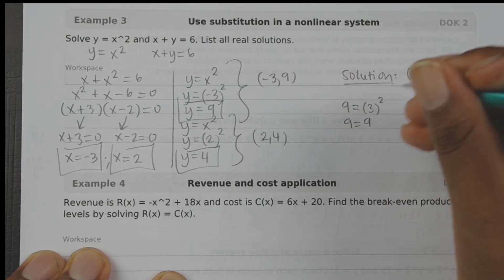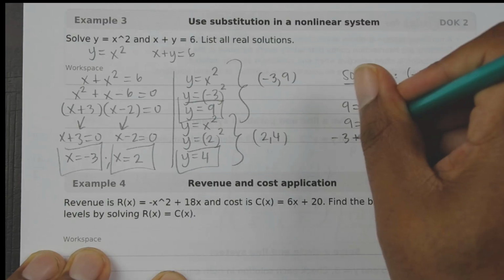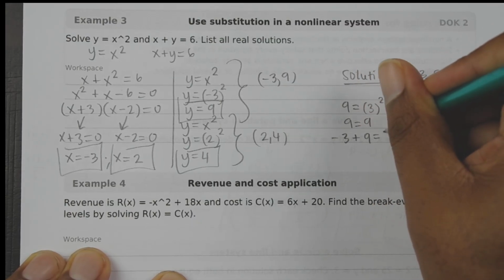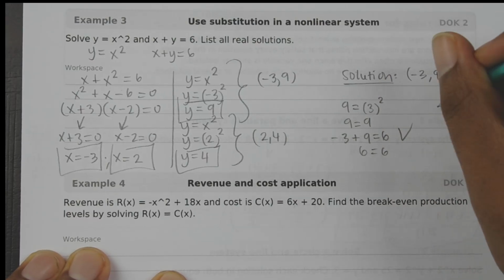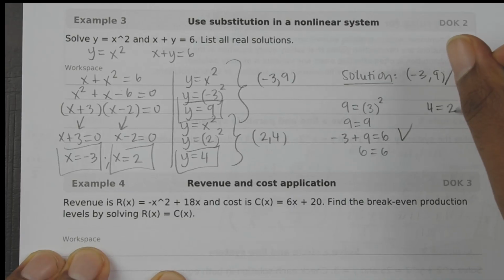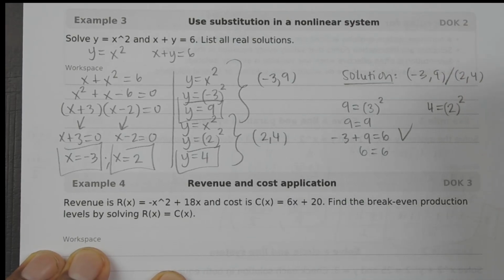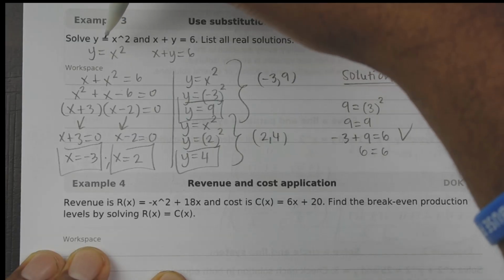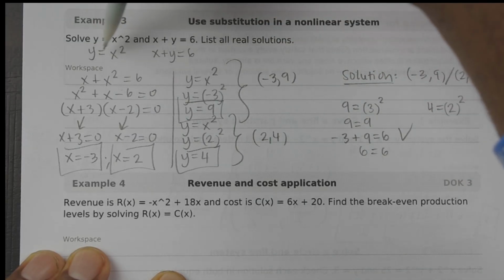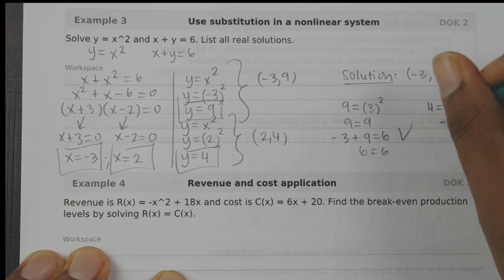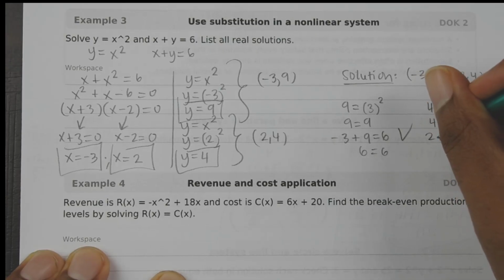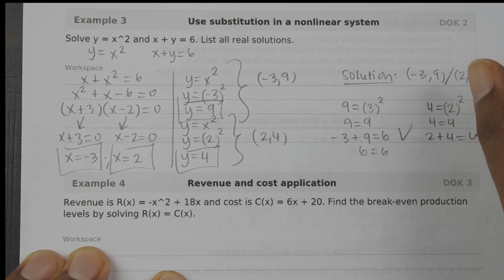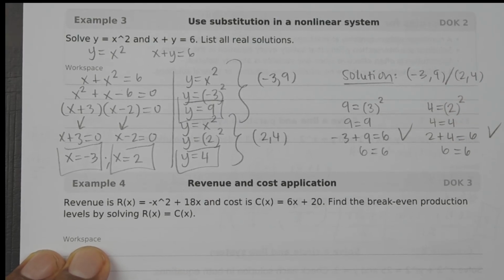And then we have -3 plus 9, which equals 6, so 6 equals 6. And we have 4 equals 2 squared, which satisfies the first equation, 4 equals 4. And then 2 plus 4 equals 6, which is 6 equals 6. So they both check out perfectly. Okay,